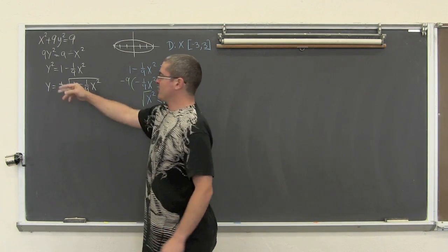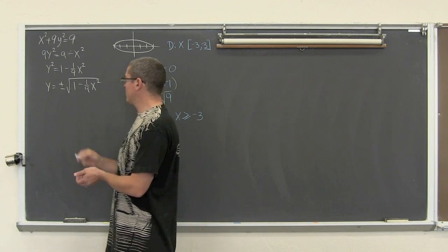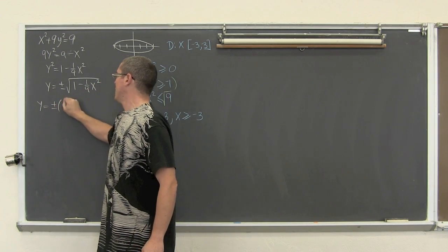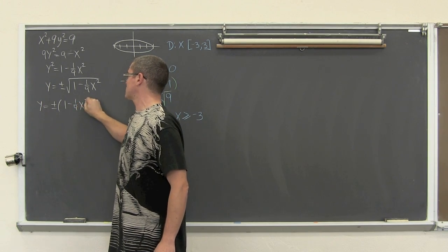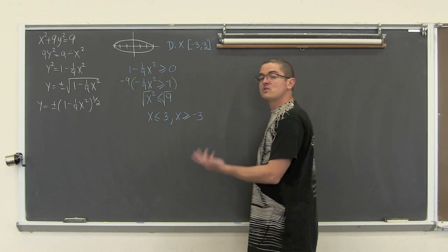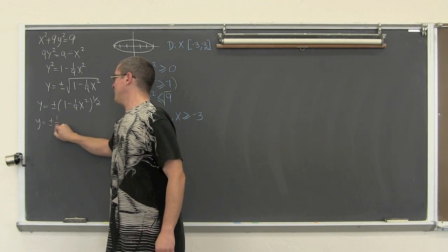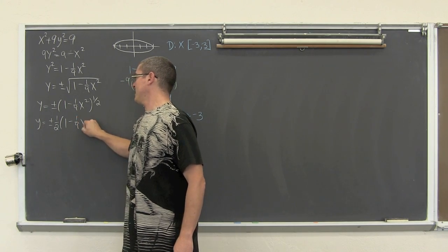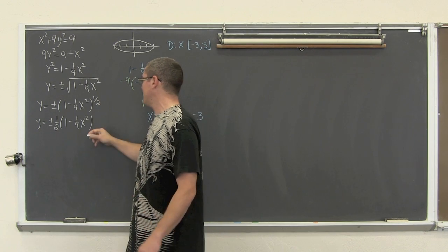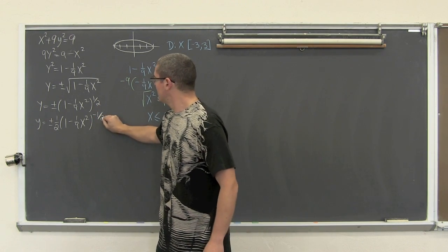Back to finding the derivative. So I want to find y prime. I'm going to rewrite this because I don't like using radicals. So y is equal to plus or minus 1 minus 1/9 x squared to the 1/2 power. We're going to have to use the general power rule, or the chain rule with power. So we have y prime equal to plus or minus 1/2 times 1 minus 1/9 x squared, reduce that power by 1: 1/2 minus 1 is negative 1/2, because you need a common denominator.